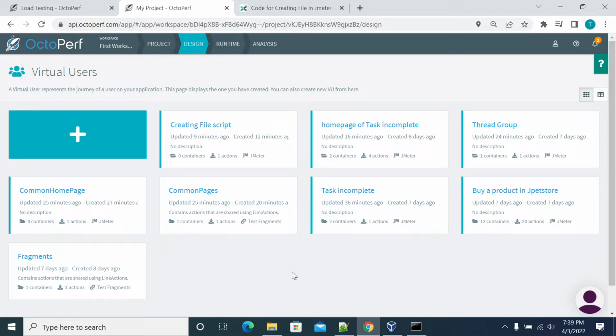You have all the controls of that machine, and you can get that CSV file from the path where you mentioned to create it. So what is the case if it was created on cloud platforms like OctoPerf? If you see this in OctoPerf, first I created a basic script